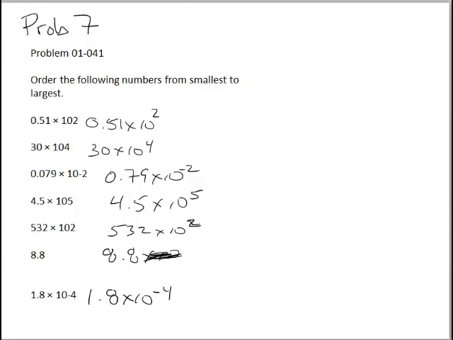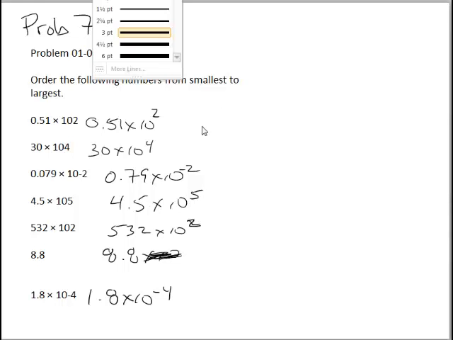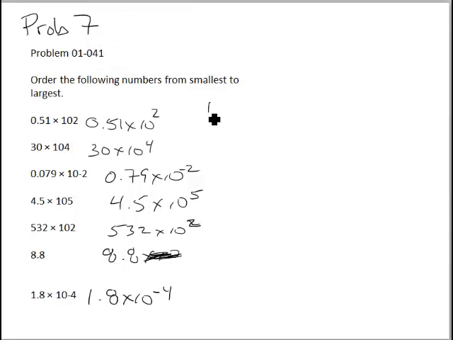So the way to do a problem like this is you just got to get them all in the same base. So what I'm going to suggest you do is move these all to their floating point or normal decimal expression. And so this first one, 0.51 times 10 to the 2. Now remember, when we move a decimal and we go from a small number or fraction to a larger number, it's a negative exponent. And in this case, we've got a small number, and we're going to make it bigger, and so we're going to make that more,